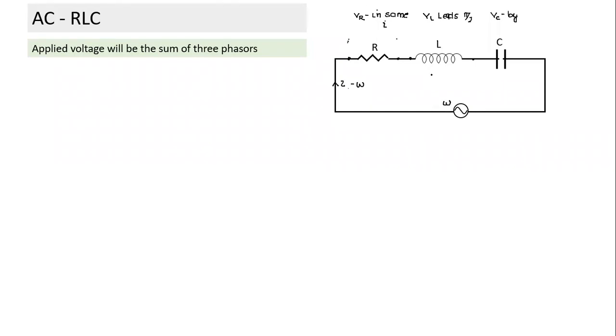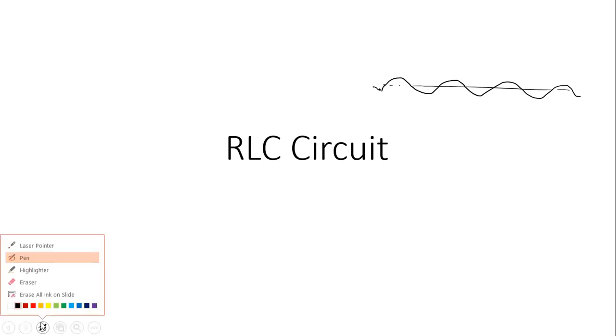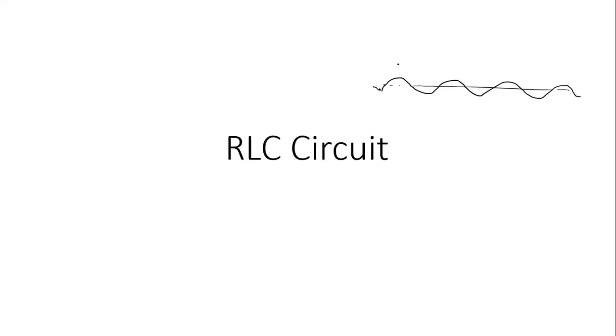So for all three, I'll try and see what it means. Suppose in that circuit, I draw current like this, current is varying like this. Okay, current is a sinusoidal function. This is how the current is varying, and this is the current which is common for all three. Can you draw what will be the shape of the VR curve? How would voltage vary if the current is varying like this? VR will vary in the same phase. VR also will achieve the peak at the same time. VR will vary like this. Are you following this one? So VR will be in the same phase.